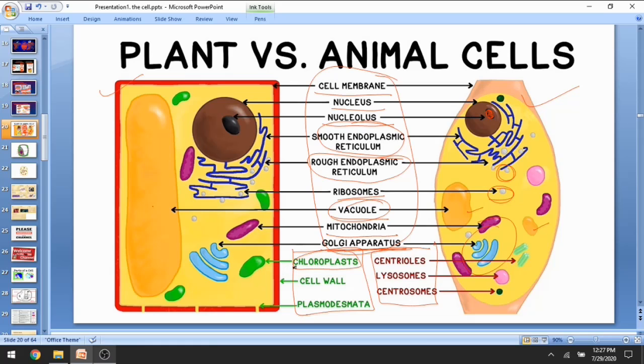This is chloroplast. This organelle is green in color, and it is responsible for imparting green pigment to plants, and that's why leaves are green in color. These are only present in plants, and they are the vital food manufacturing unit. They are said to be the food manufacturing unit, and they are responsible for performing photosynthesis.